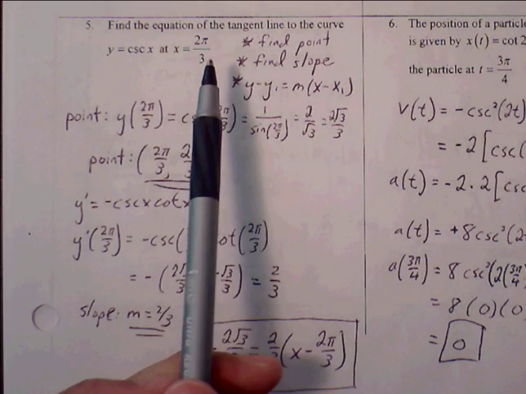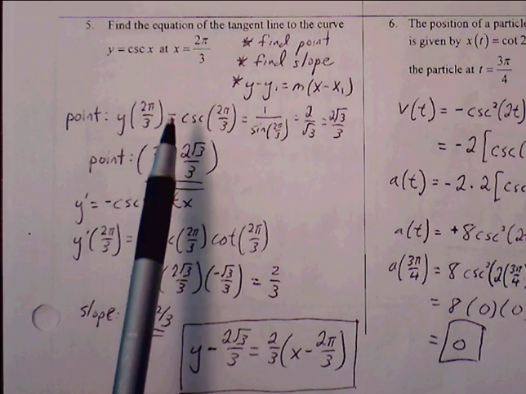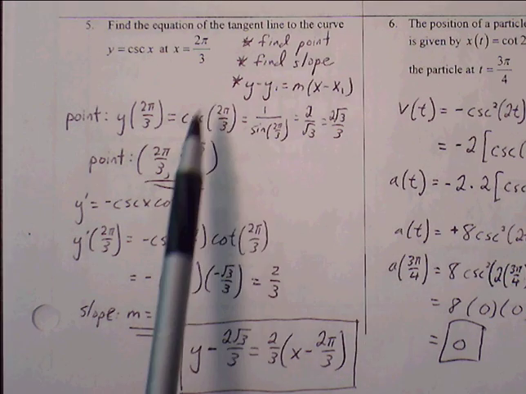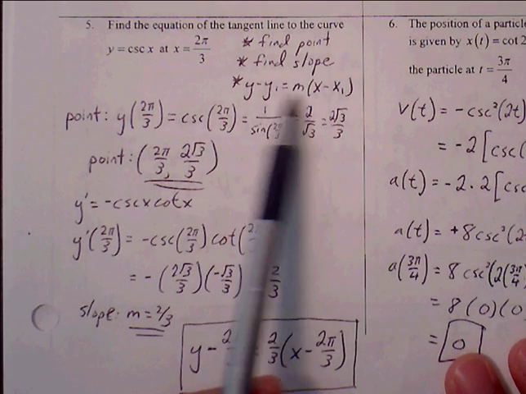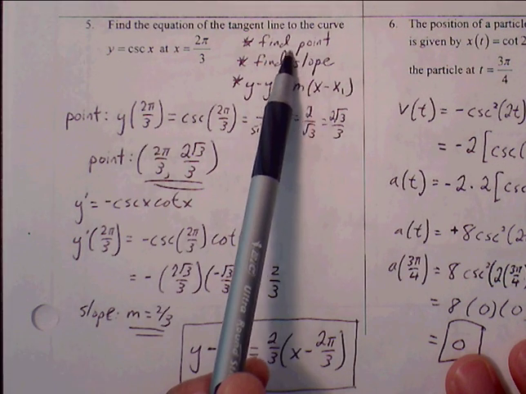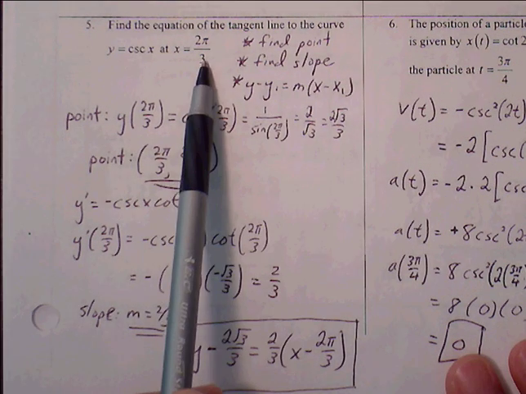Number 5, find the equation of the tangent line to the curve. So in order to find the tangent line equation, we need to find the ordered pair, we need to find the slope, and then put it into point-slope. So to find the ordered pair, to find the point, we can plug the 2 pi over 3 into the